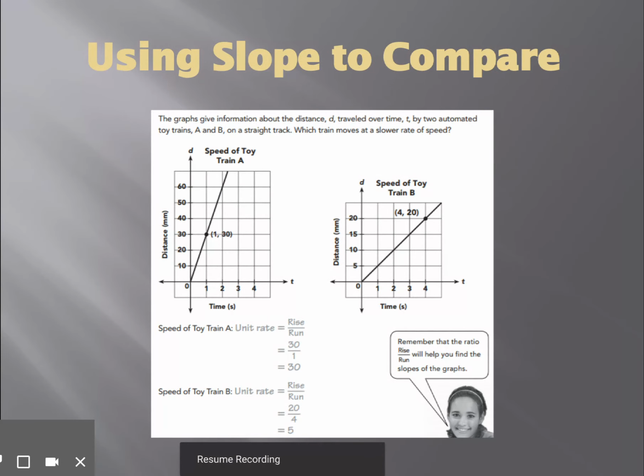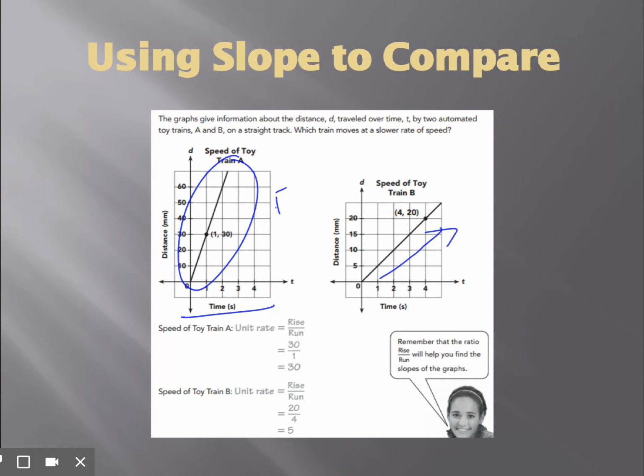All right, so using slope to compare. Again, we have two graphs here. The graph is the speed of toy trains that are being compared. So we can just look at these lines here, which is steeper, or which would be a higher hill. This line in train A is much steeper. It goes from bottom to top a lot quicker than in train 2. It's a little slower rise up. So just by looking at that graph, I can see that train A is actually faster because it has that